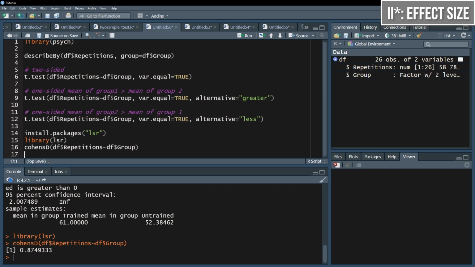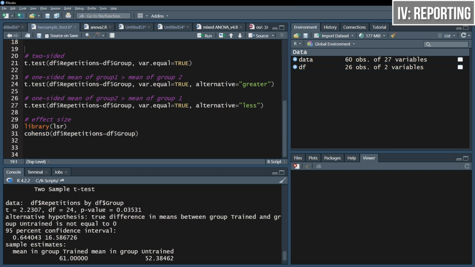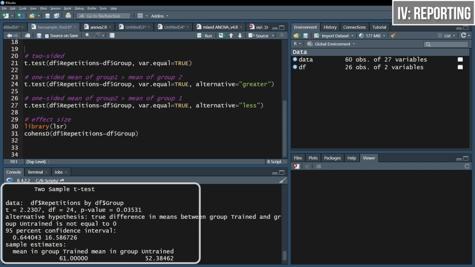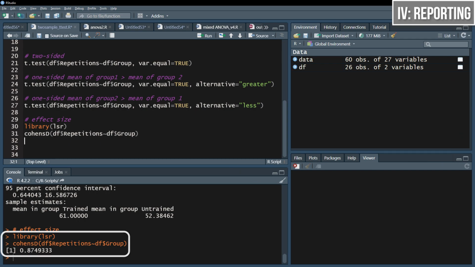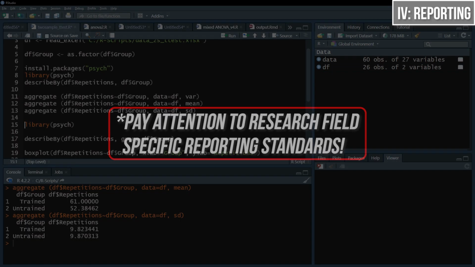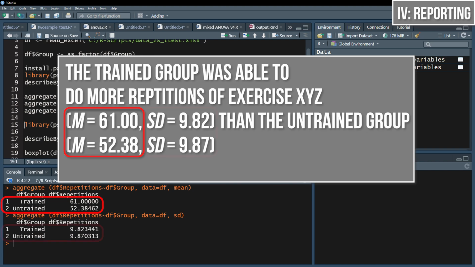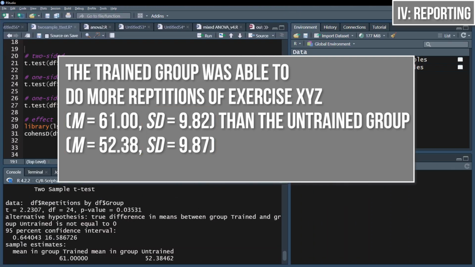When you're done, you have to write up the results. The output of the 2-sample t-test in R usually consists of only 2 parts, the test itself and, in the case of a significant test result, the effect size Cohen's d. First, one formulates whether the group means are different, providing the mean and standard deviation for each of the groups in the process. Furthermore, the t-value is reported together with the degrees of freedom. In this test, the degrees of freedom is always the number of observations minus 2.